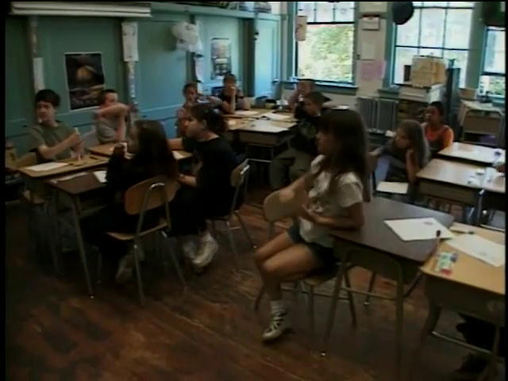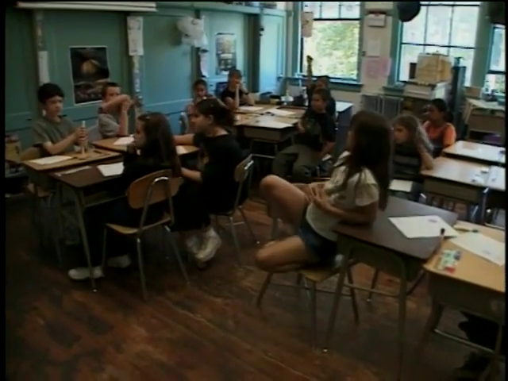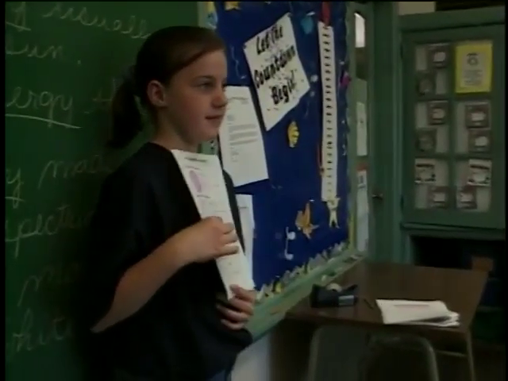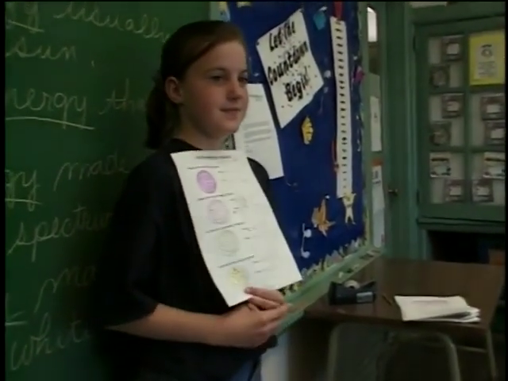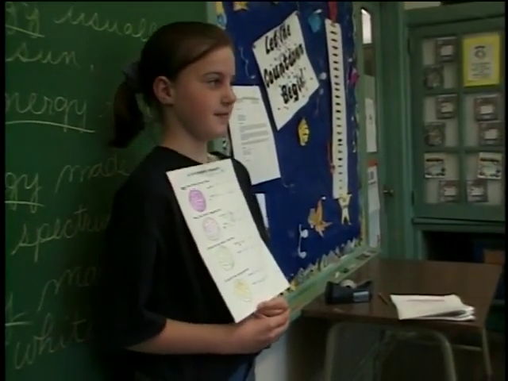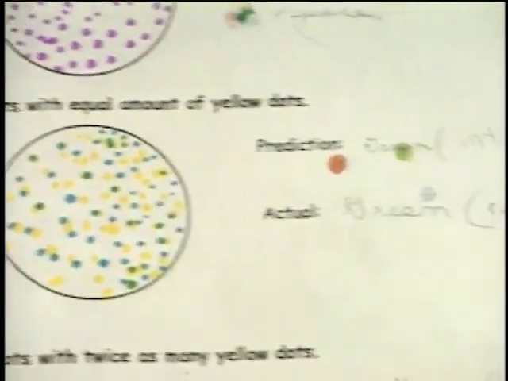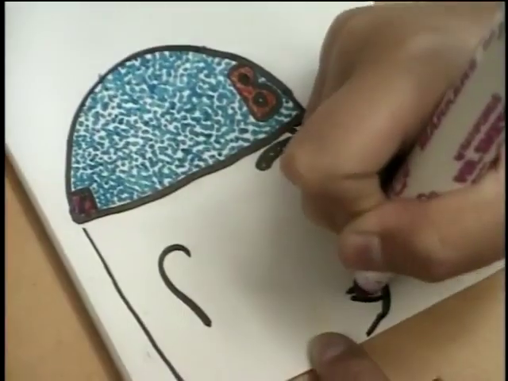Oh, you're absolutely right. How does it make a different color? Marina? Because it kind of blends in together, and so you see it. Right. What color does Marina's look like? Christina? Green. It looks green to me too. Who says that looks green, the third one? Okay, good, nice job.